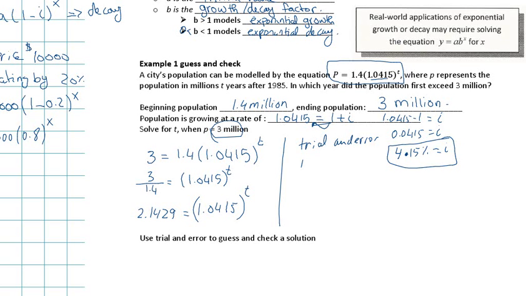The 18? 2.079. 2.079. Okay, how about 19? 2.165. Good. So, this is below 2.1429 and this is above 2.1429, so